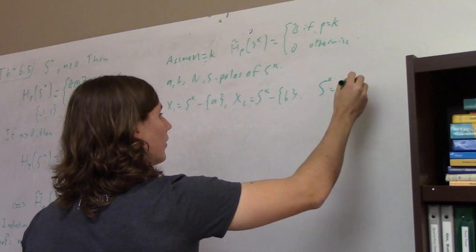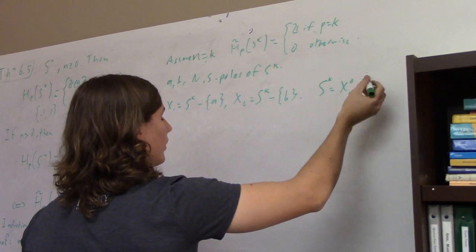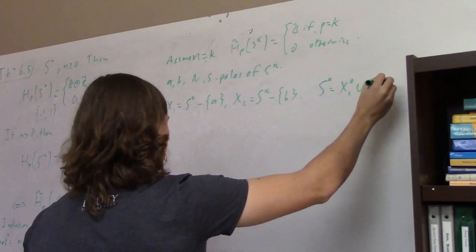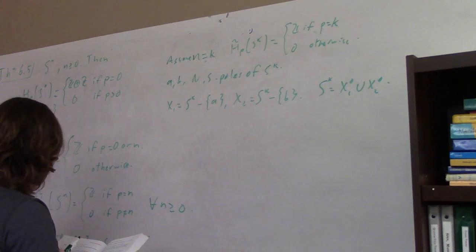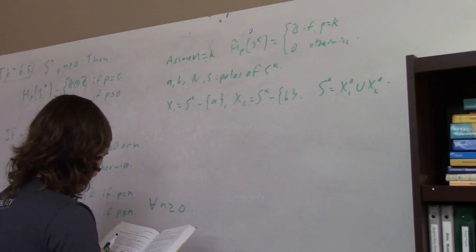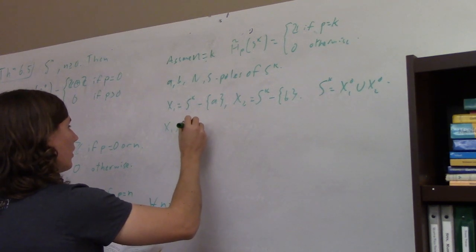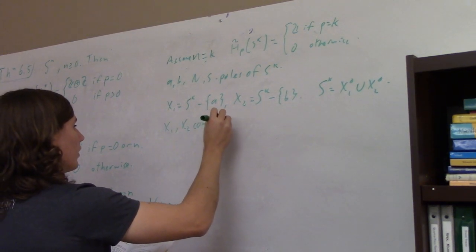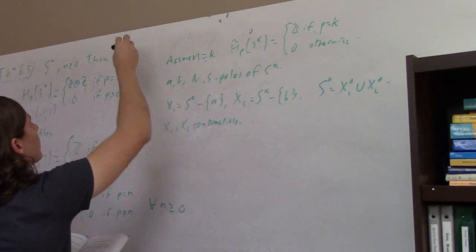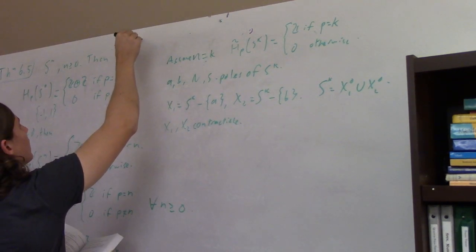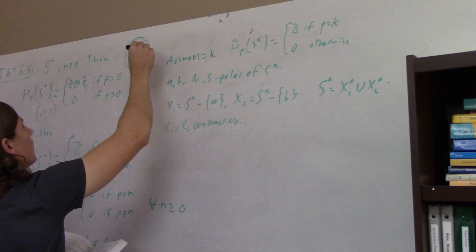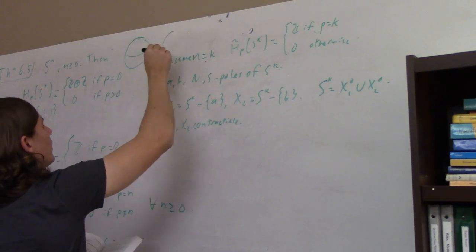So what's the interior of that? I guess it's just, oh, they're open, aren't they? Yeah, they're open, and their union is definitely the whole sphere. And they're both contractible. So, for example, if you wanted to draw pictures for like the two-sphere versus